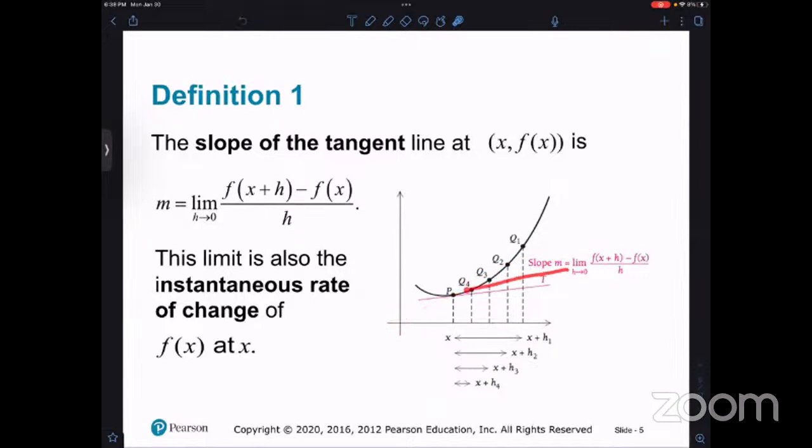Once we take the limit, that's about the best approximation that we can get for the slope of the tangent line at a point. If you try to draw a tangent line mechanically, this is a tangent line, this is a tangent line, and they're close, right? It is not exact if you try to do it manually. So this limit definition is the mathematician's attempt at approximating the slope of the tangent line at a point. Hopefully that makes sense, okay?